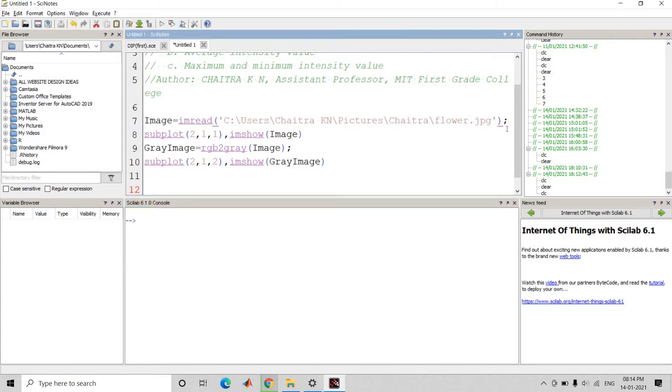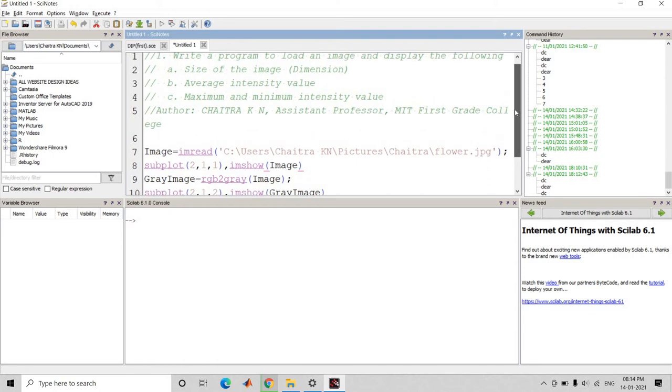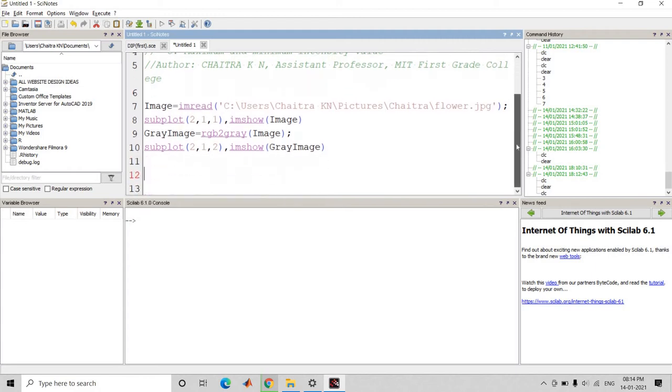Now the first is we have to calculate the size of the image with its dimension. For that, image size is equal to size of image. If you want to calculate the dimension and size of the image, we use size as an inbuilt function to calculate the RGB image size with its dimension.